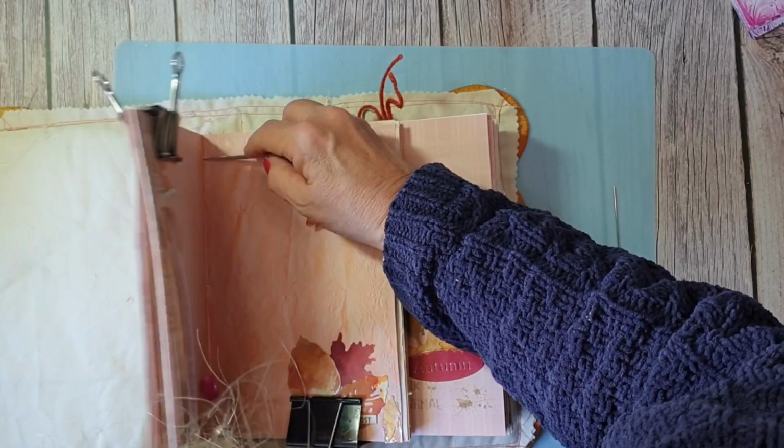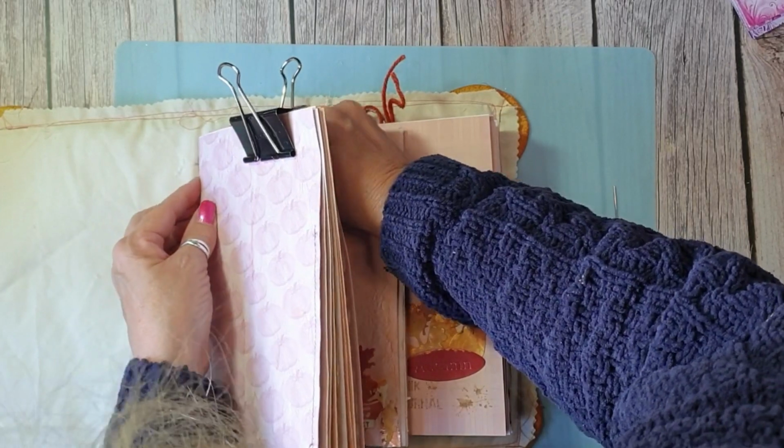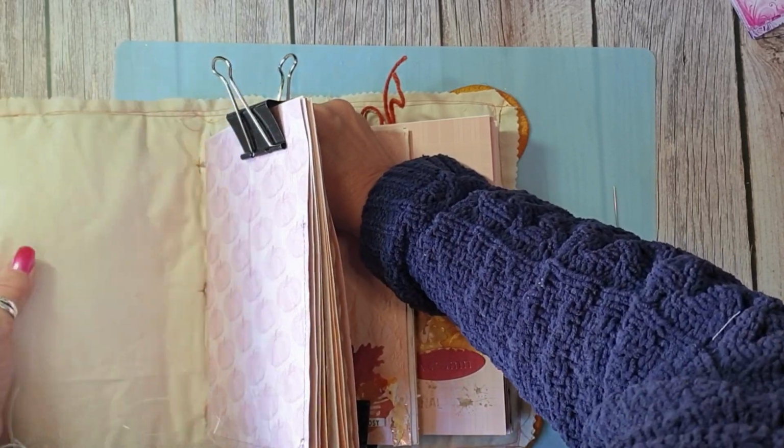Somebody's making me a binder for doing this, to rest it in, so